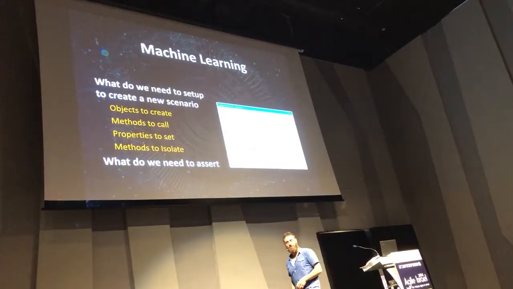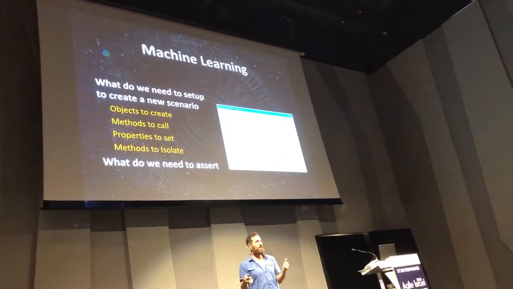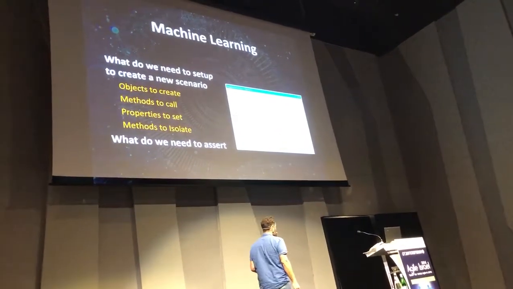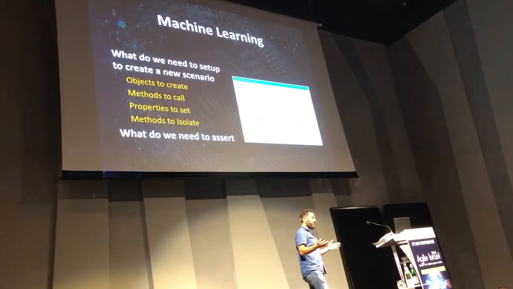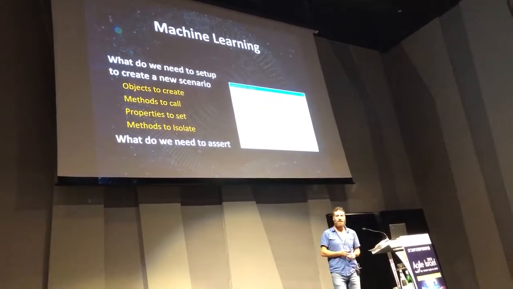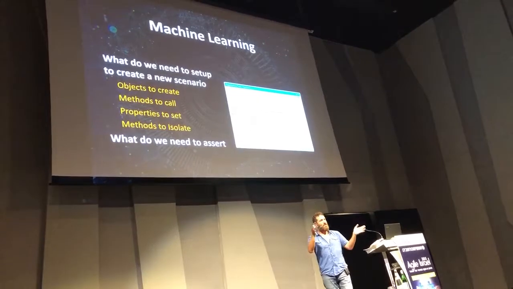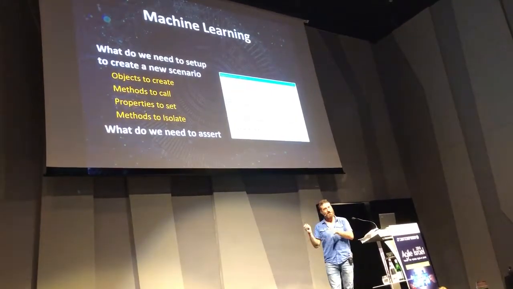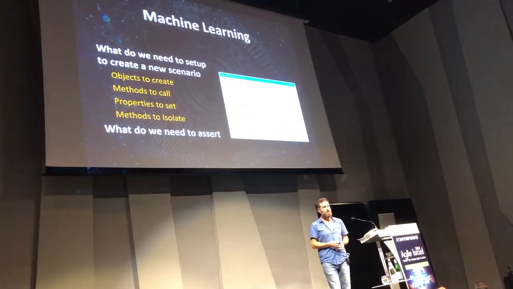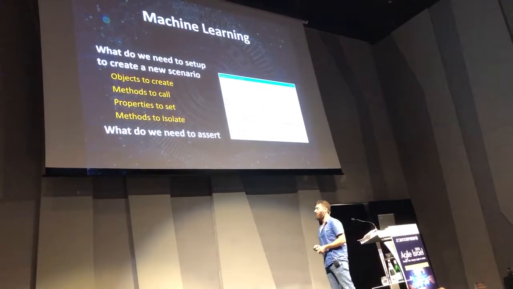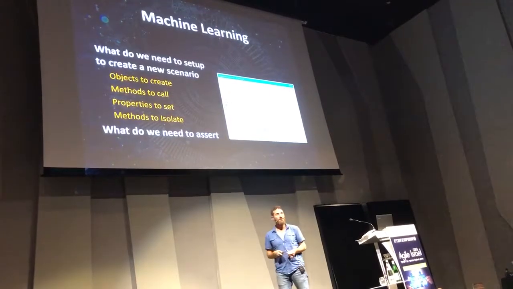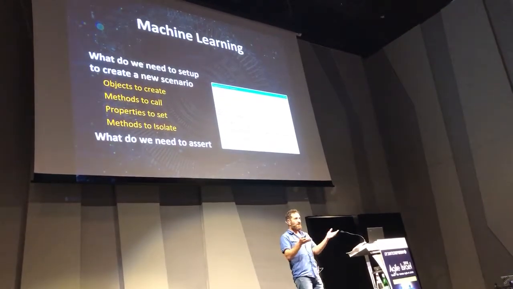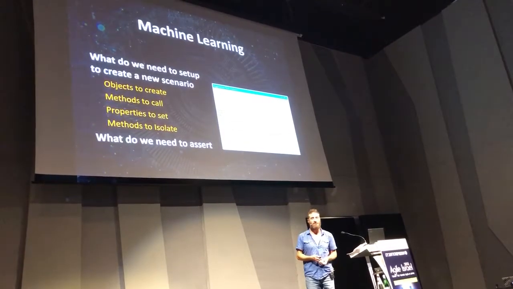And we have the machine learning. When we have those three things together, then we can set up the machine learning. Okay, the machine learning, basically what it does is it takes the code that we want to test, the method we want to test, and now it tries to set up all the arrange part, the act is easy, and it tries to do the assert part. And it's not really easy because we need to know what objects we need to create, we need to know what values we need to set up in order to get to different permutations and different tests.